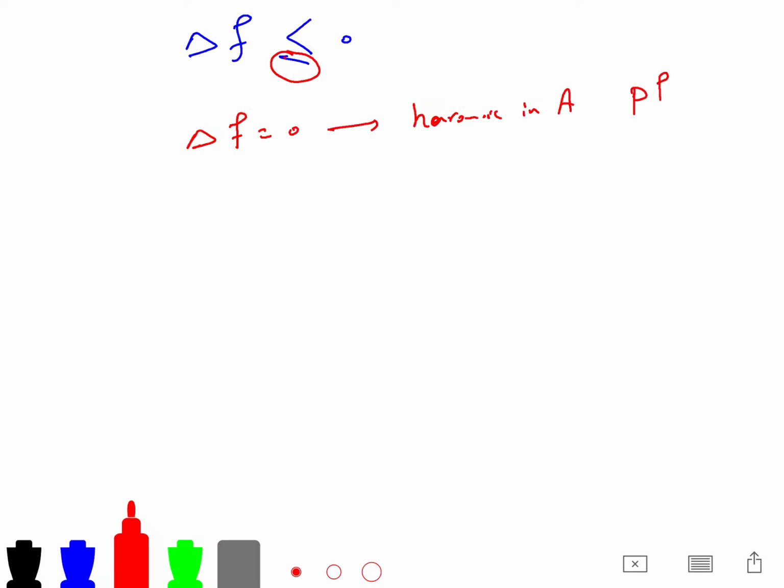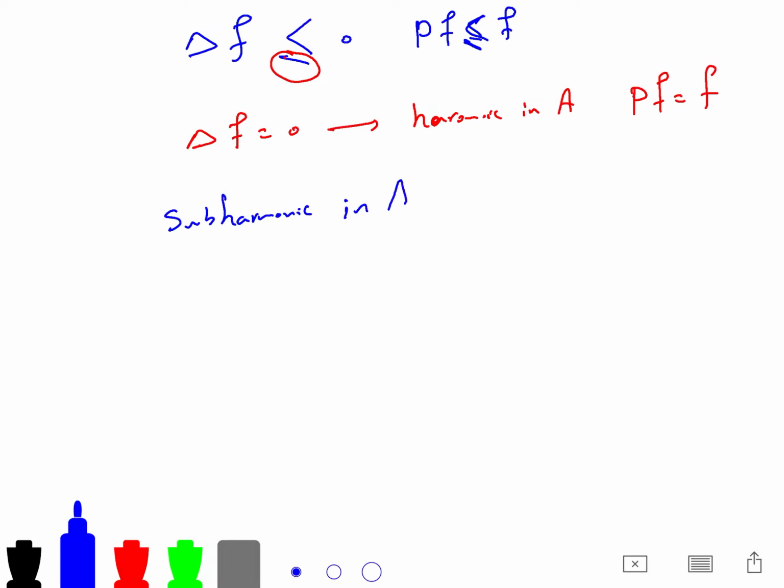In terms of probability, we say PF is equal to F. And you know that terminology. So when delta F is less than or equal to 0, it means that PF is less than or equal to F. Don't forget the equal one, because superharmonic functions sometimes become harmonic, so it's less than or equal. You should pay attention to these inequalities. Also, subharmonic in A,